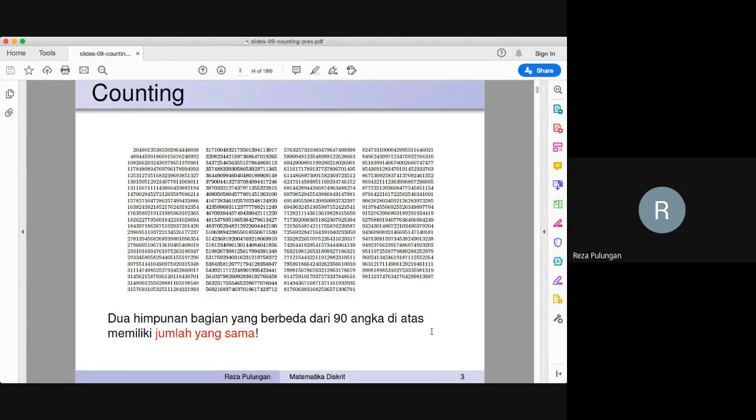But then I can claim that there must be at least 2 different subsets of these 90 numbers that have exactly the same sums.